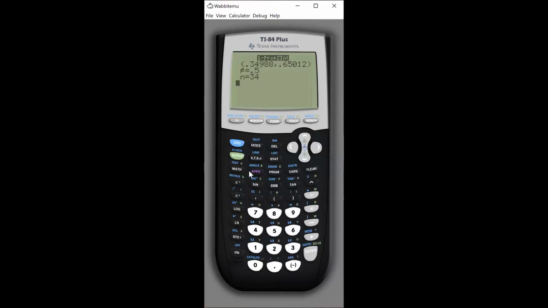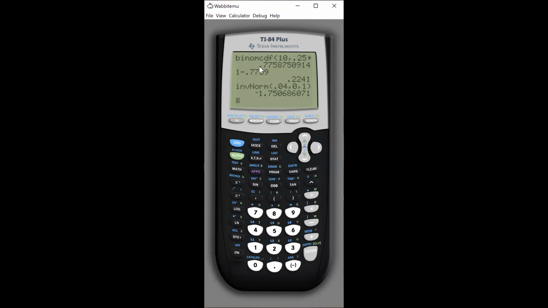So let me turn on my calculator. We go second, vars. You go all the way down to where it says inverse norm. And if you look right here, you put 0.04. Since we're trying to find the z value, you leave mu and sigma alone. So we go down to paste and hit enter. And if you look at it, it gave me negative